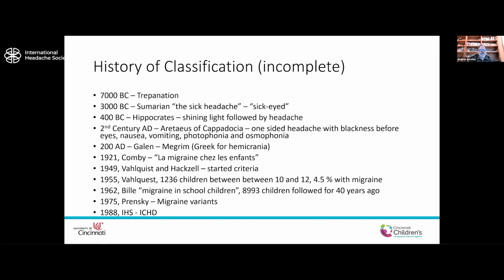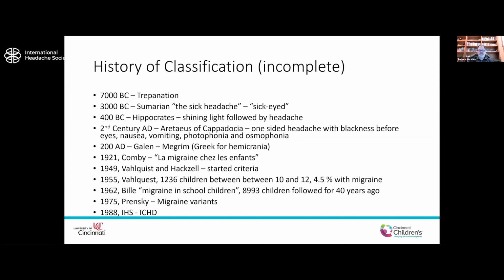I always like to mention Dr. Prensky because he was one of my mentors. In 1975, he described the concept of migraine variants, which is really the idea that early on in life, some of the things we see, whether it's episodic vomiting, colic, or abdominal migraine, could be seen as one of the first presentations. And then finally, for the history side, that brings us to 1988 and really our most modern era when